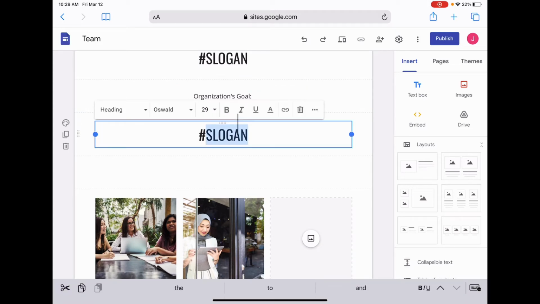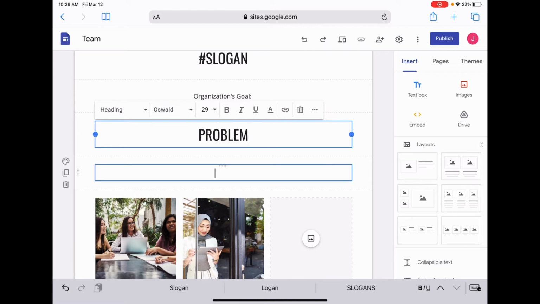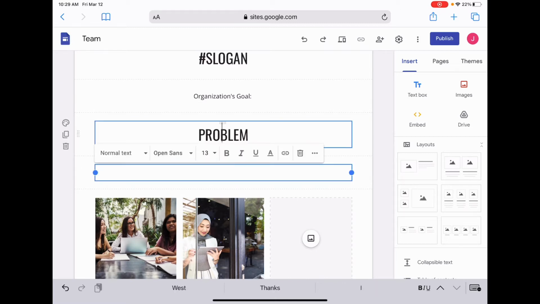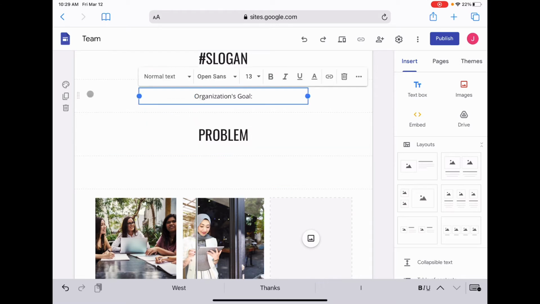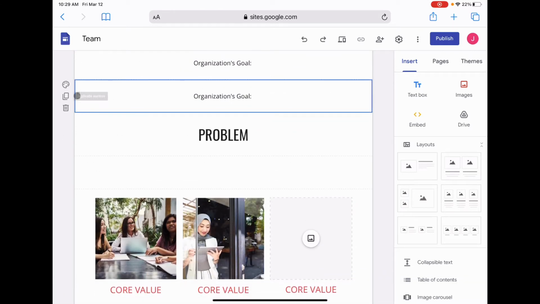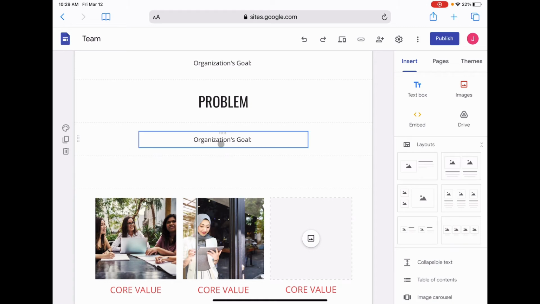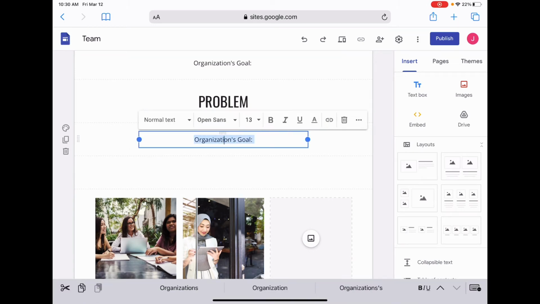And then maybe here I'll do the problem, right? Because that's the next step you need to have: a problem page, or you could do a completely separate page. But here, if I just do problem, I need to clearly identify the root historical cause of the problem. So I could copy this one, move it down, label it root of the problem, and have a little paragraph, a little blurb about that.